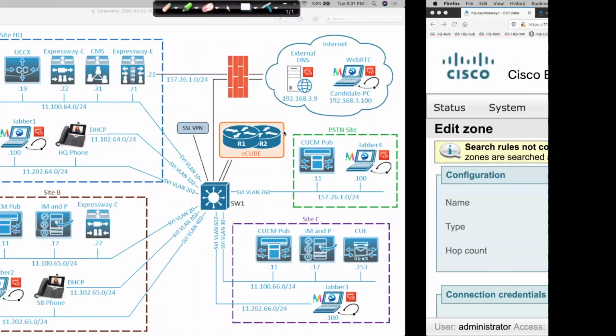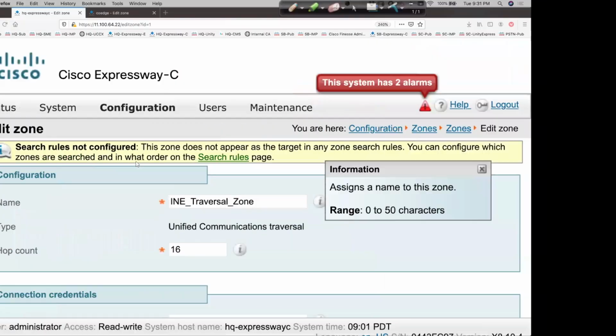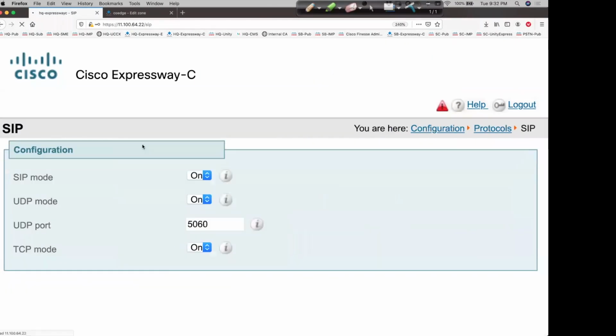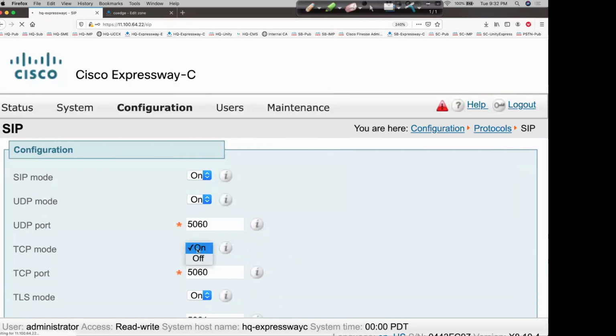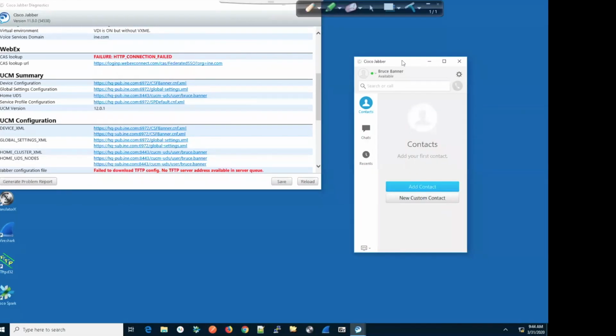For example, I could go to my Candid PC and click on generate a report, and I could click on that, and let's say, for example, if I had my protocols SIP, under SIP, if I, let's say, go and turn TCP off on Expressway C, and then I go to my Jabber on the outside